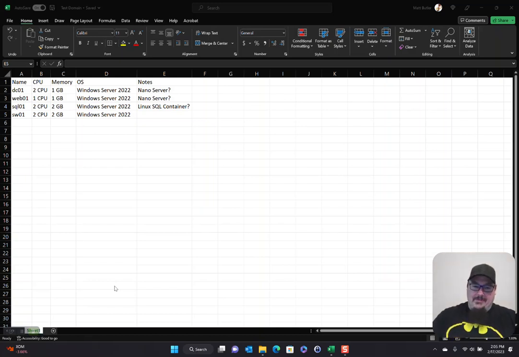SolarWinds does have a new licensing model coming out, and that new licensing model allows you to get all of their products and pay for the quantity of nodes that you want to monitor, as well as the components that you want to use. So the thought is, right, you could build a very robust SolarWinds setup for exactly what you need versus kind of the legacy